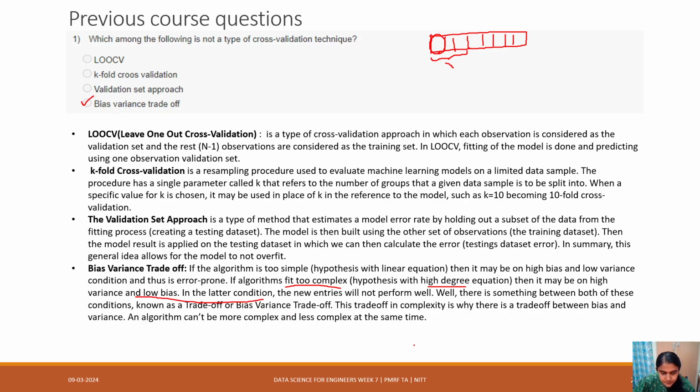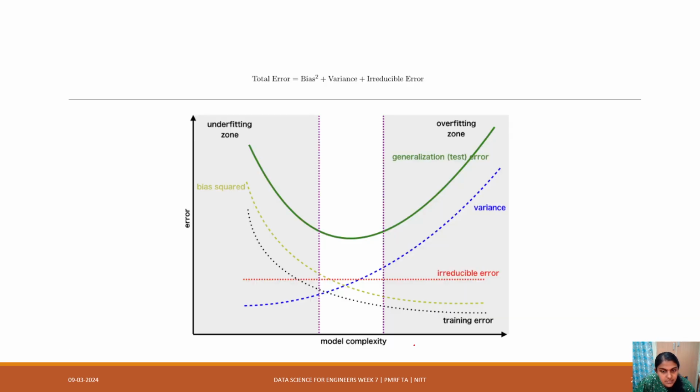Okay, so this was explained with the help of one graph which showed the training error or the bias squared. A similar kind of graph you have seen in your lectures. Then there is the variance, and then there is the optimal solution which shows the trade-off. So in this middle portion is the optimal case or optimal model, where it's not leading to underfitting and it's not leading to overfitting. So this particular place is where the better or optimal model exists. So here the total error,